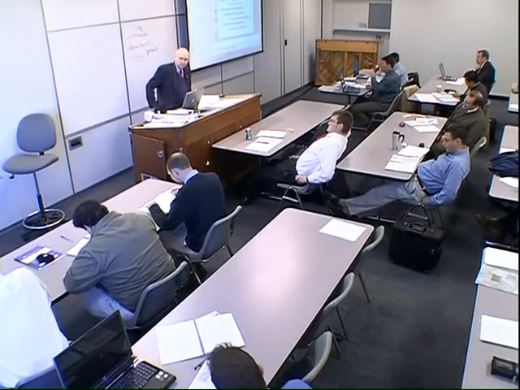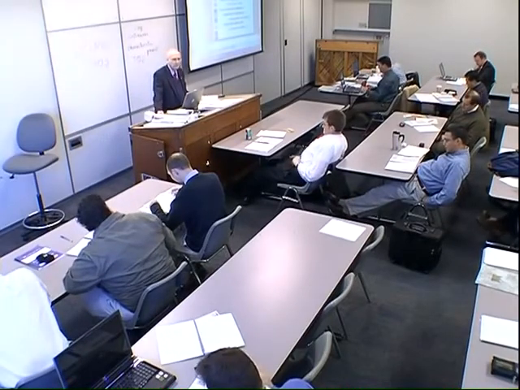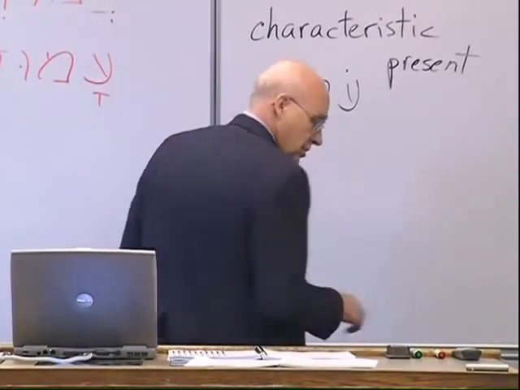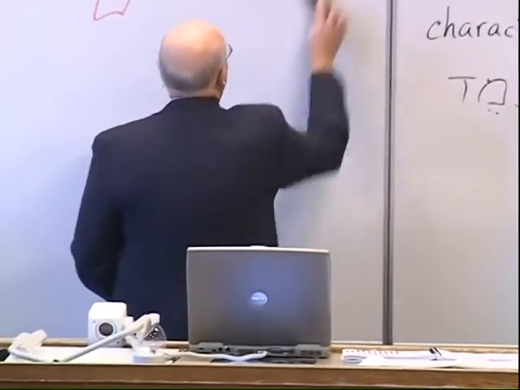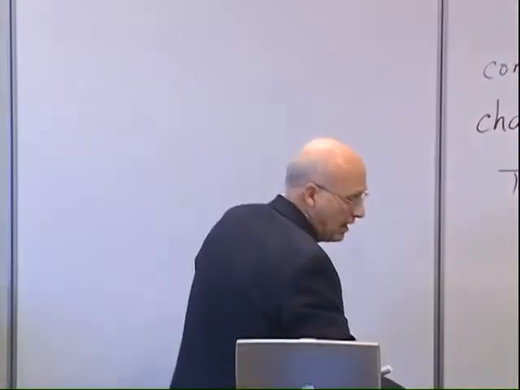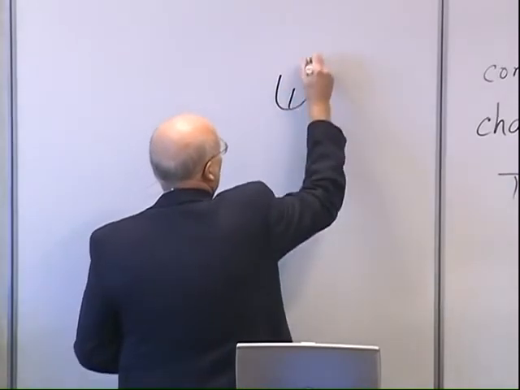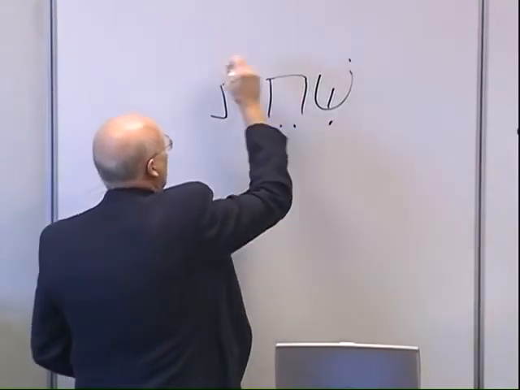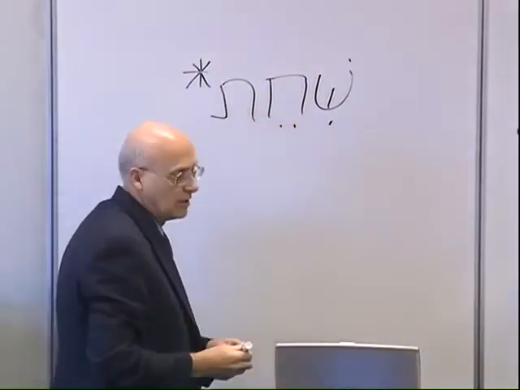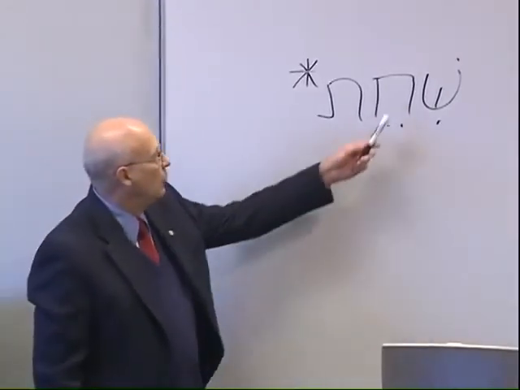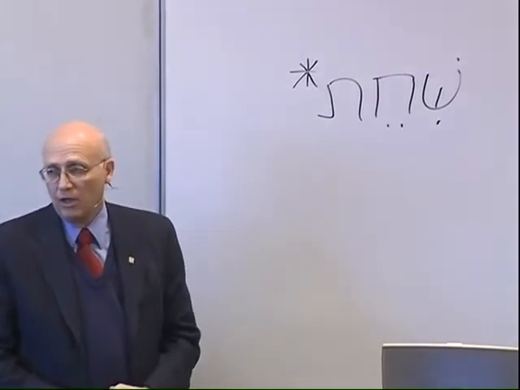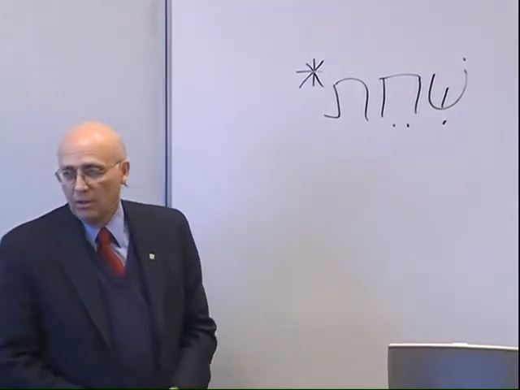There's no pronunciation given for it. No pronunciation. Right. That's why we don't have any vowels on it. If you wanted to supply a form that would be used, which does not occur anywhere in the Hebrew Bible, which is the reason we don't have anything there, it would be shichet. And we would normally put an asterisk beside it because it occurs nowhere in the Hebrew Bible. The reason the hirik is not heightened to a tseri is because this is a strong guttural, the chet, which can be doubled by implication. And therefore the hirik doesn't change.